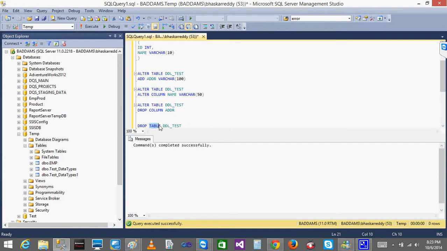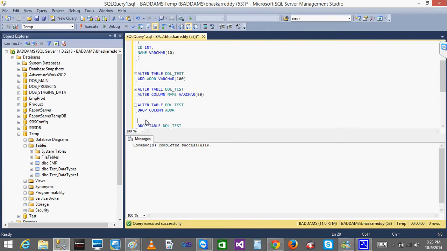So this is nothing but the object. After the drop command, you will use the object type and whatever you want. Since I am doing the column, when you want to drop a column, it needs to show which table. So that's why you use the alter command, which points to the table, and after that you can drop the column. If I try to drop only the column, what is the system going to do? It's going to show an error, right? Which table do I need to drop that column from? So that's why you add one more command, alter table. Automatically it will point to the table, and then from the table it will drop the column.